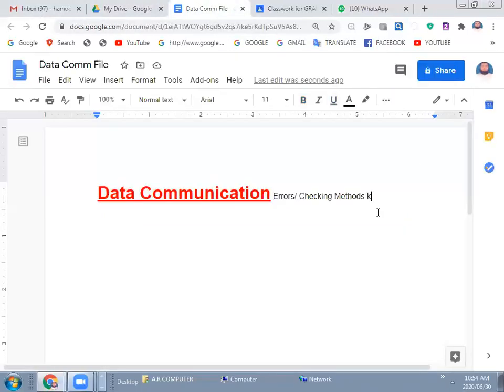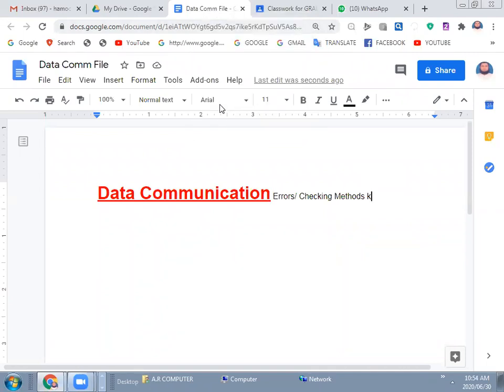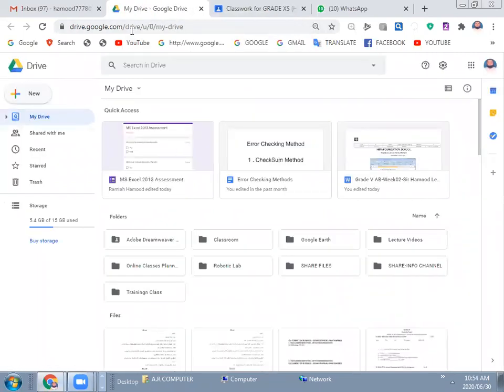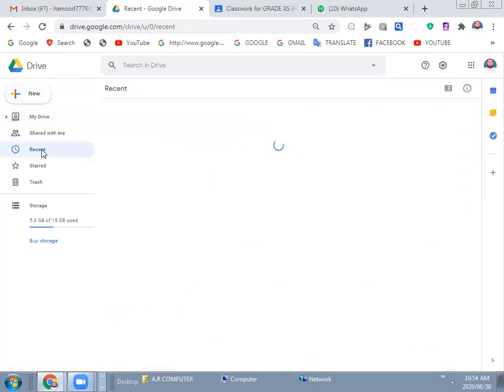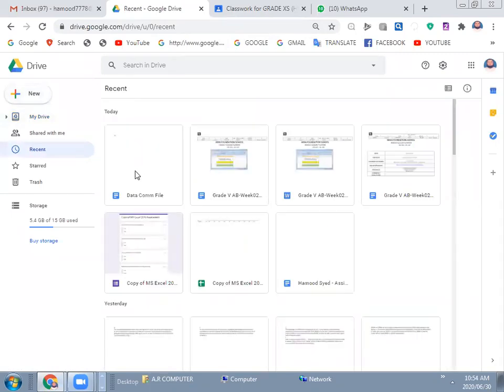Let me show you. For example, I am closing this file. Now, when I go to My Drive, right, and see the recent files, see this datacom file is shown here. Suppose I'm on some other computer, right?